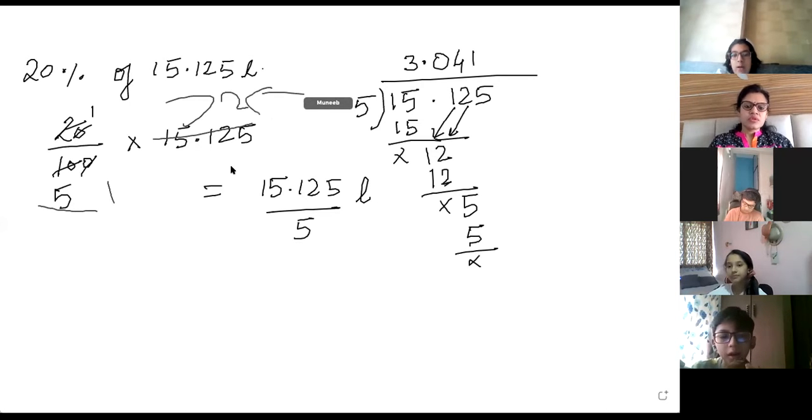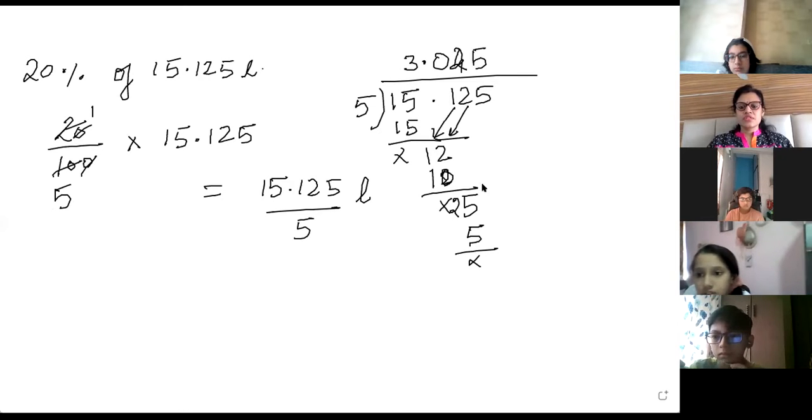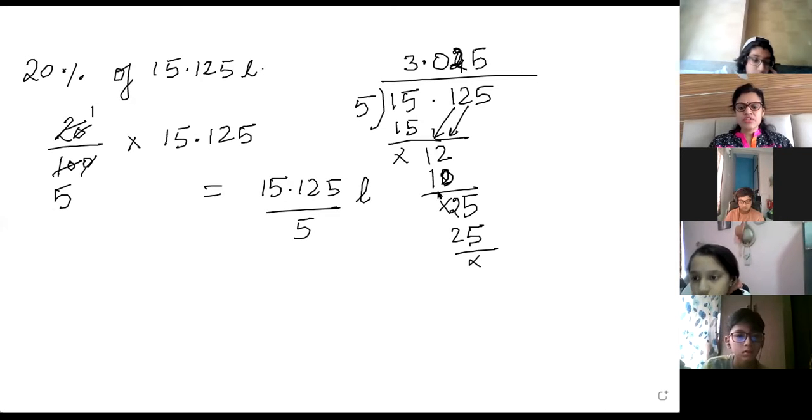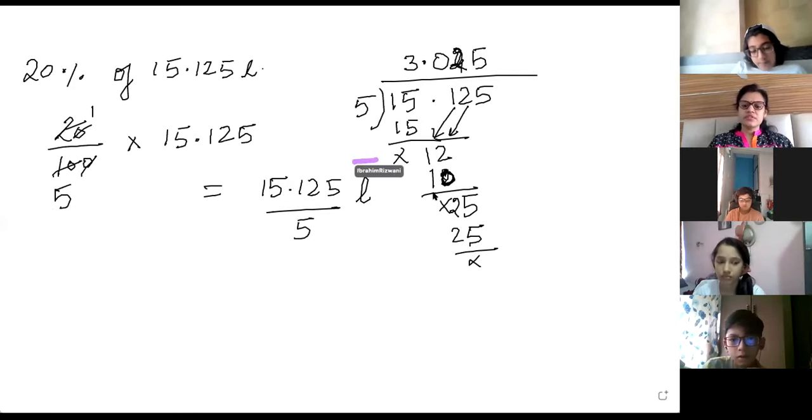Ma'am, why is this multiplication, ma'am, or division, ma'am? 5 fours are 20, ma'am, and you wrote 12. 5 fours... Oh, sorry, 5 twos are 10. Sorry. Ma'am, this is division, na, ma'am? Yes, this is division. Is it clear? Is it correct now? Check my answer. So, ma'am, what is this, ma'am? 5 twos are 10. This is division.